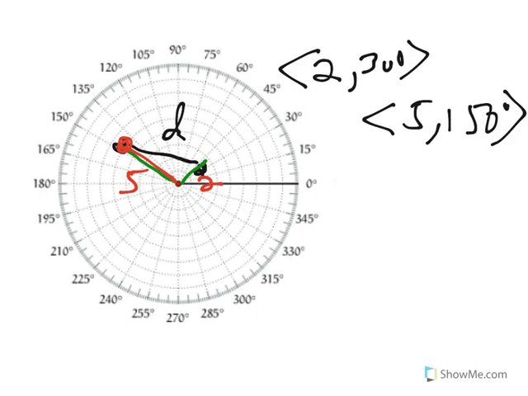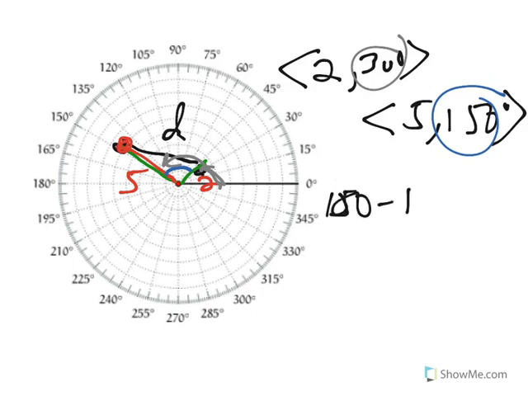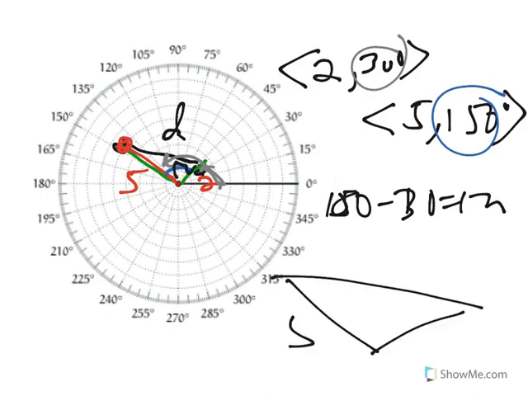And I'm going to use the law of cosines. The law of cosines is when you know 2 sides and the angle between them. But I don't quite know this angle right away, but if I think about it, the 150 is from here all the way to there. And the 30 is just from here to here. So if I subtract those two things, 150 minus 30, is 120. So this triangle, which I'm just going to draw like that,